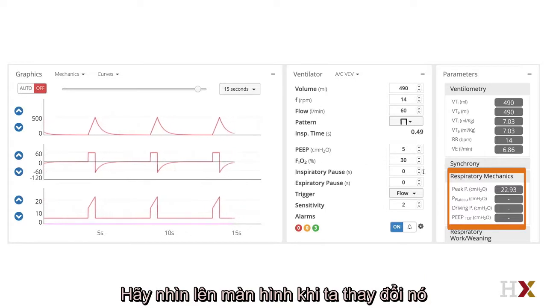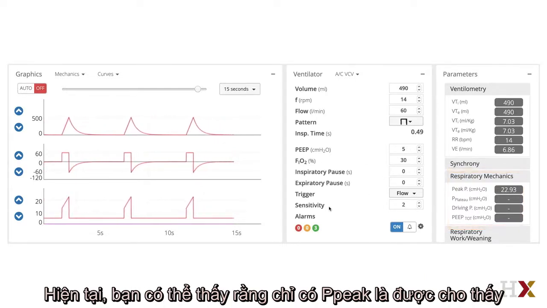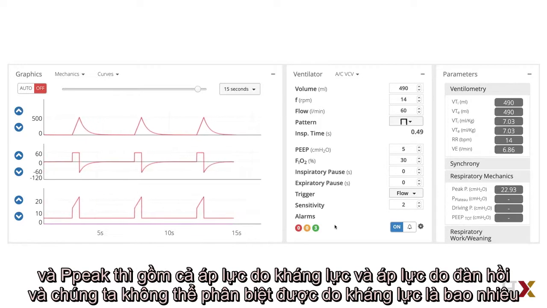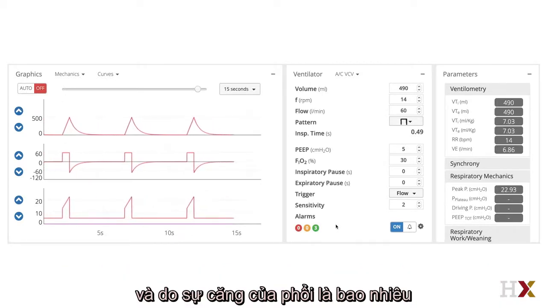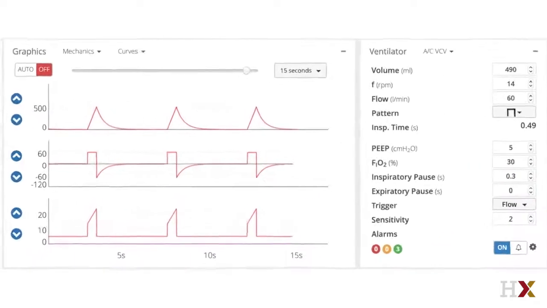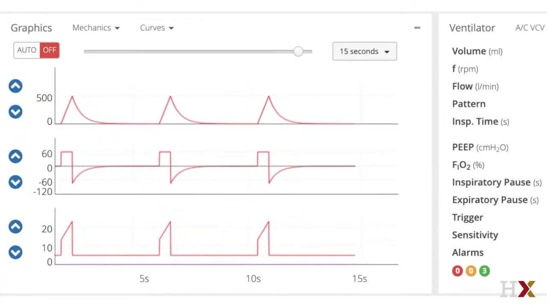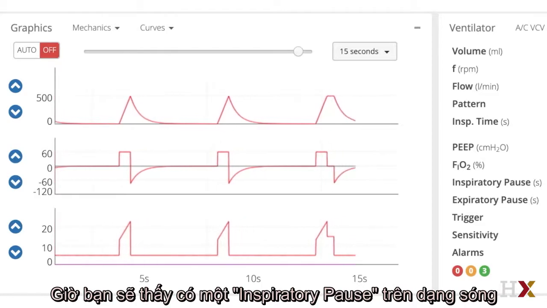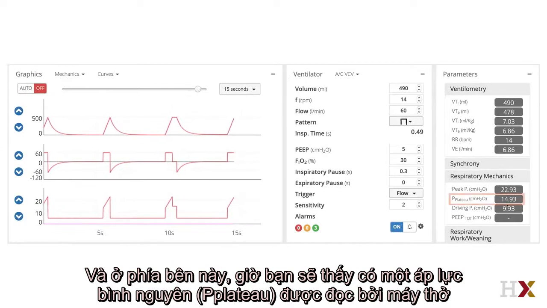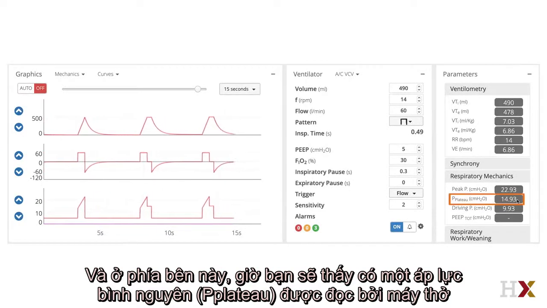Let's watch the screen over here as we change. Currently, you can see that there is only a peak pressure being demonstrated, and this includes resistive and elastic pressures, and we can't distinguish between how much of this is resistance and how much is due to the stiffness of the lung. So let's add a pause. Now you will see there's an inspiratory pause in the waveform. And on the side here, you will see now there is a plateau pressure that is being read by the